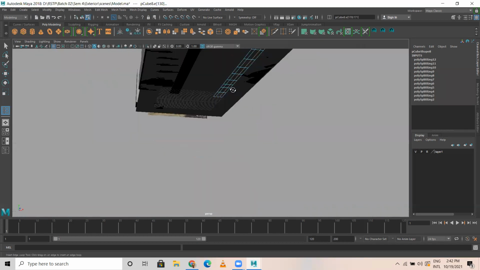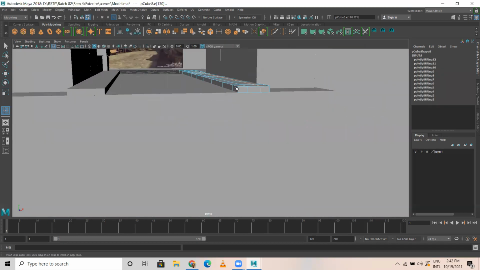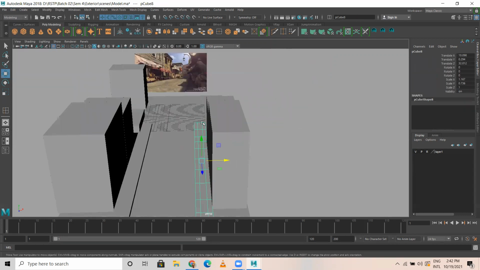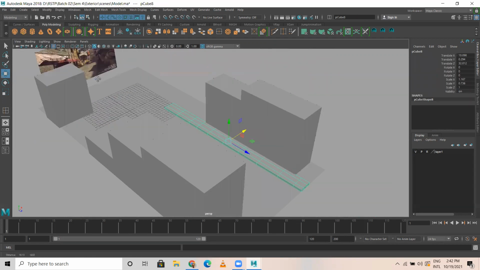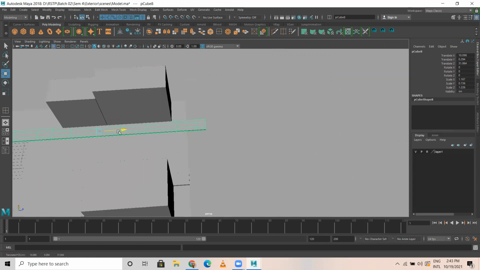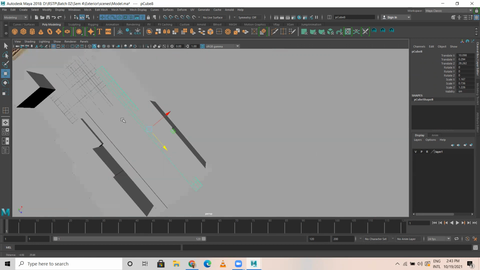Then in the meantime, I would like to add somewhere here as well. Then later what I do is I'm selecting this, edit, delete by type history. I would like to bend this. We have it something like this, and I would like to bend this.